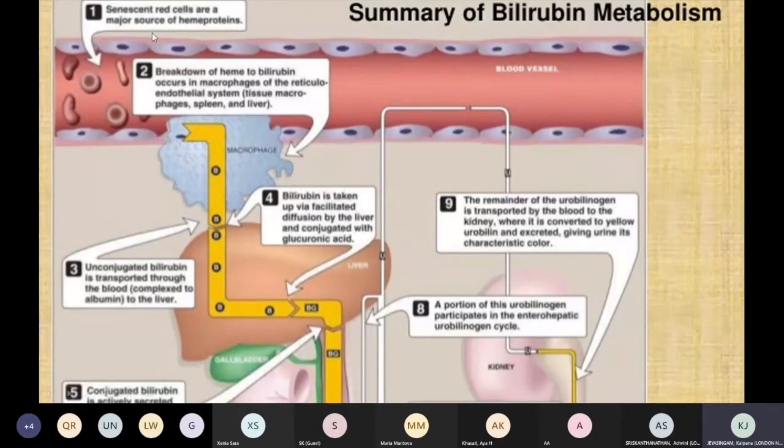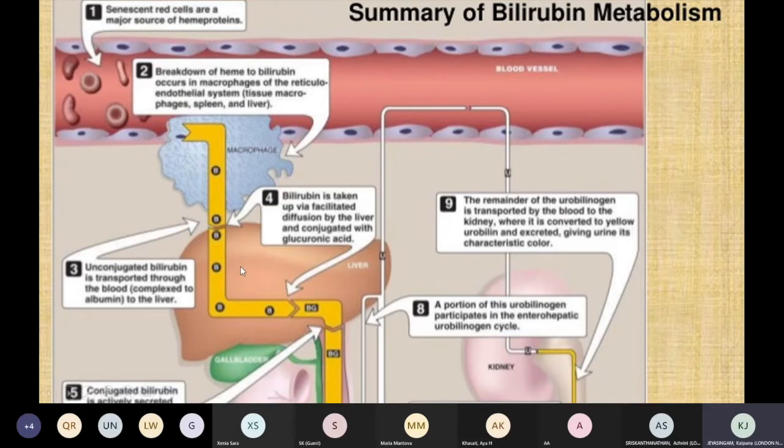I don't know whether you can see my mouse. So that's the red blood cells that, let's say, get damaged or have reached the end of their half-life. They get broken down into heme and iron, and then the heme gets converted into biliverdin, then into bilirubin, which then travels bound to albumin